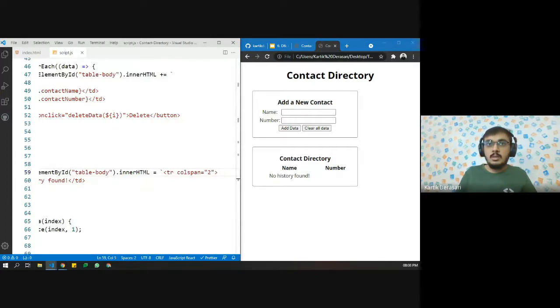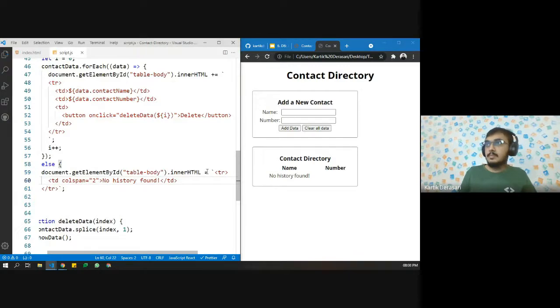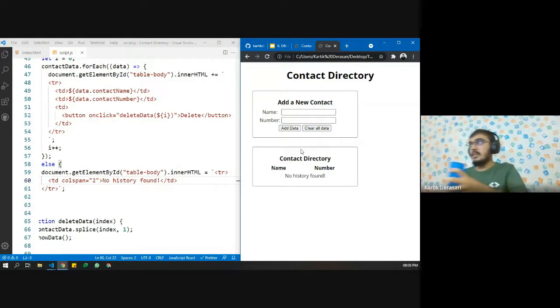What are we missing? Oops, I need to add this to the data part. Okay, good. So now the application is working perfectly. We have all kind of validations. We also have all kind of data operations, and everything is working perfectly.